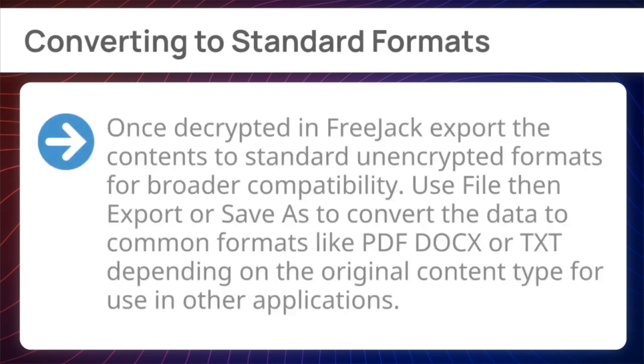Finally, converting to standard formats. Once decrypted in FreeJack, export the contents to standard unencrypted formats for broader compatibility. Use File, then Export or Save, to convert the data to common formats like PDF, docx, or TXT, depending on the original content type,